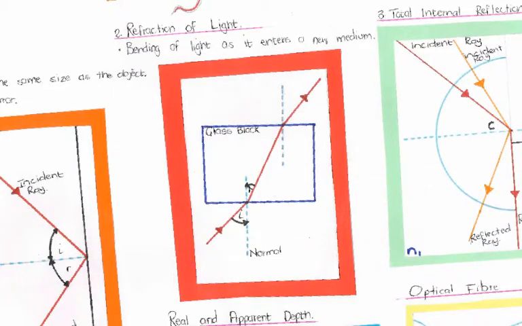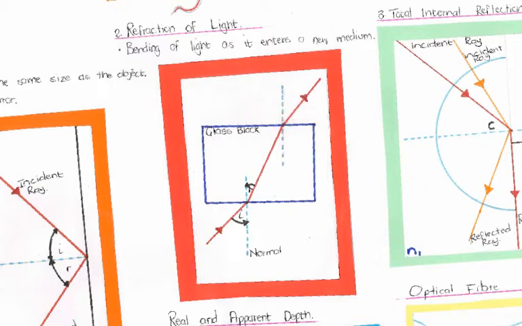Now, secondly, we are going to look at the refraction of light. Refraction of light is the bending of light as it travels from one medium to the other with different optical density. Here in our diagram, we have the light ray moving from air into the glass block. The light ray is traveling from a less optically dense material into the more optically dense material. This causes the light ray to bend towards the normal, and when it continues to travel through the glass and emerges out of the glass, it bends away from the normal.